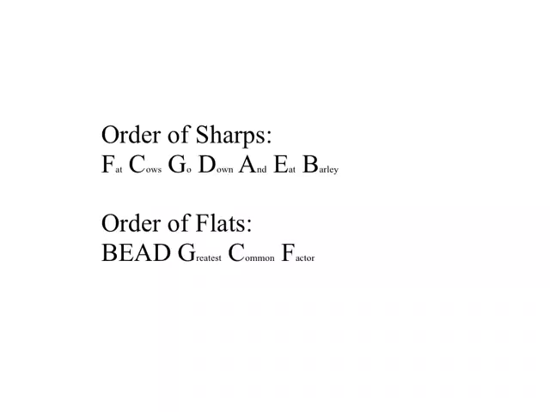First, the order of sharps. F, C, G, D, A, E, and B. The mnemonic or memory device for this is fat cows go down and eat barley. You may have heard other ones, and it doesn't matter which one you use, as long as you can remember what the order of sharps is. So what this means